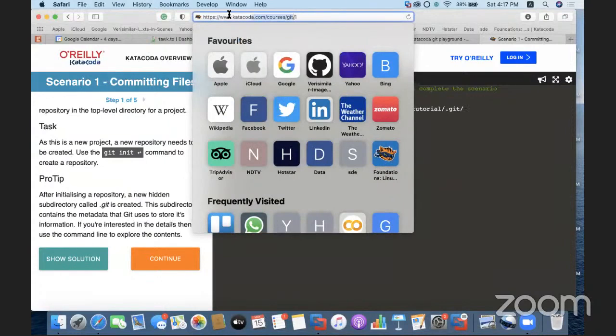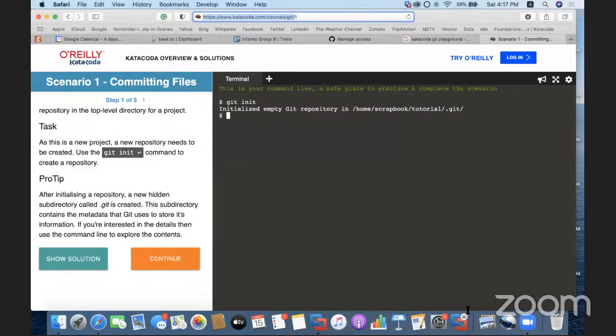So अभी हम scenario 1 पे हैं. I'm just sharing this git link with you on chat so that you can open along with me. Okay. Okay, एक बार आप open कर लो and just try to do it.